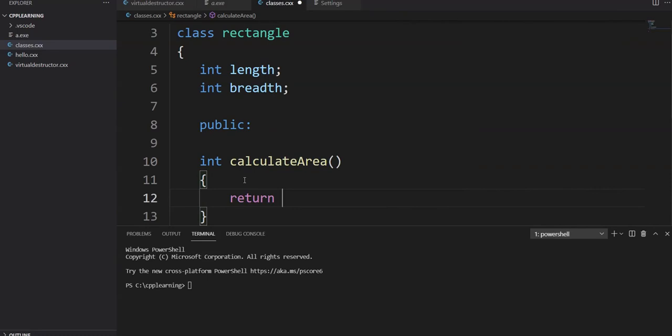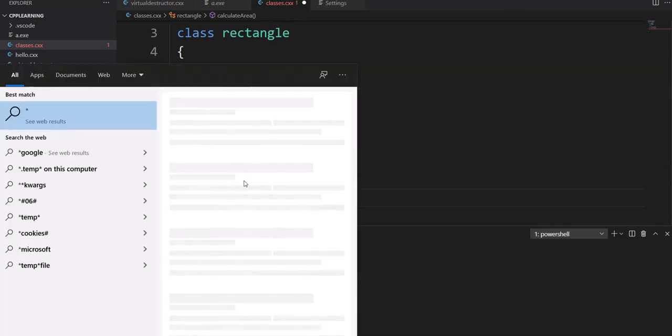Our formula for calculating area is length star breadth. Sorry.